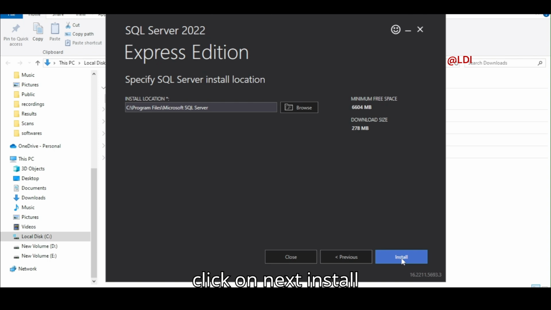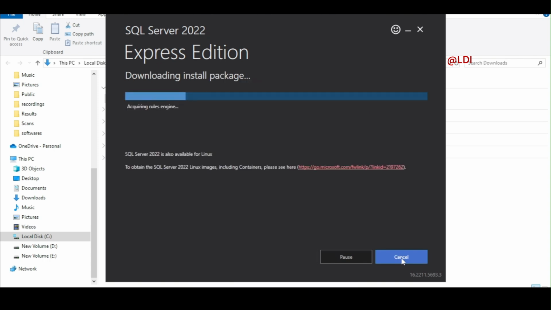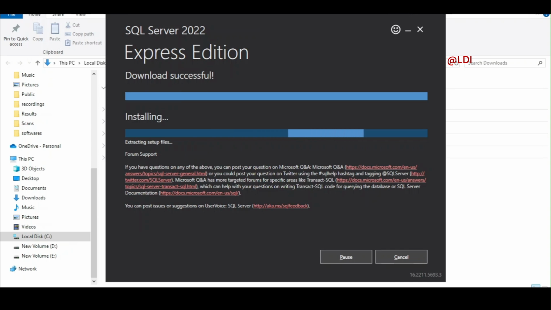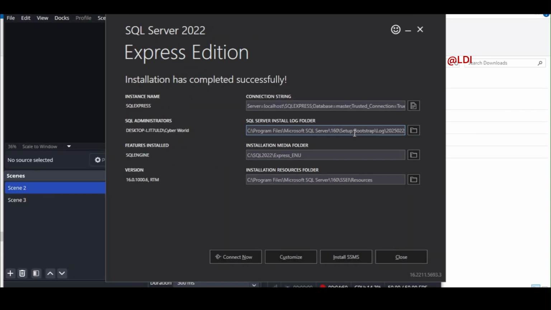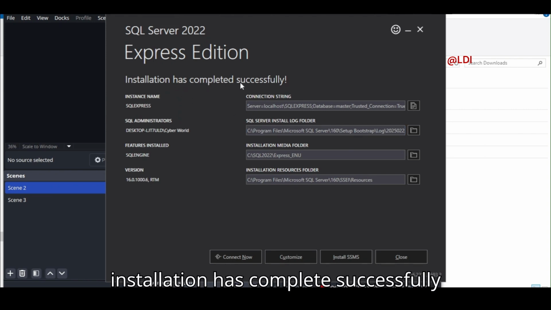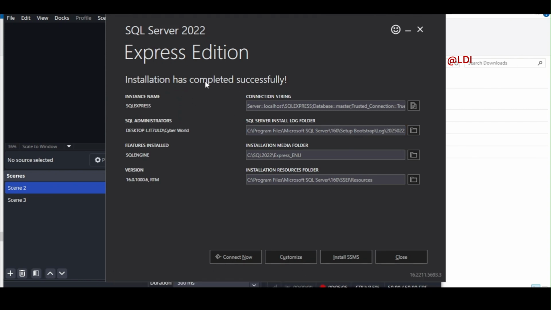Click on next, install, and it is started now. After downloading successfully, it is installing now. The installation has completed successfully for SQL Server 2022,